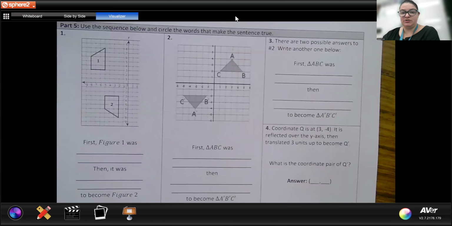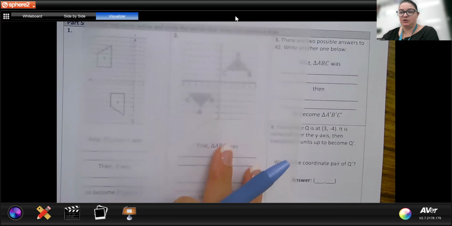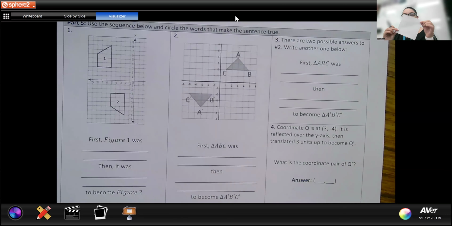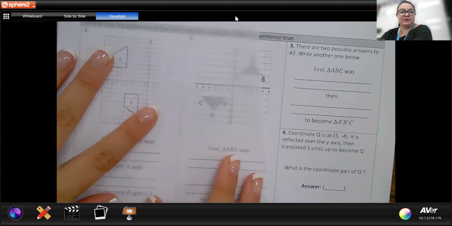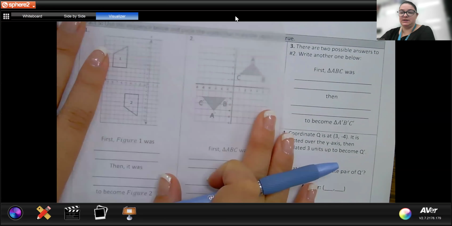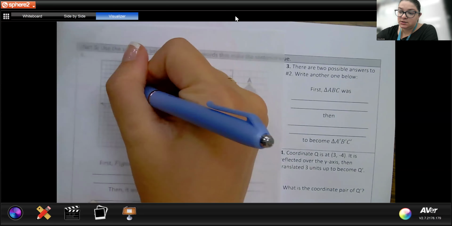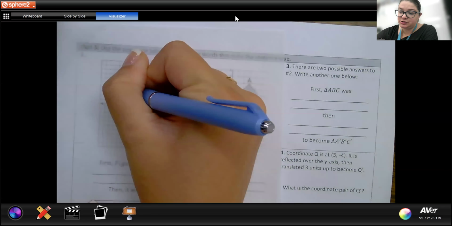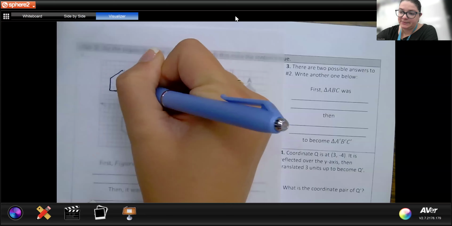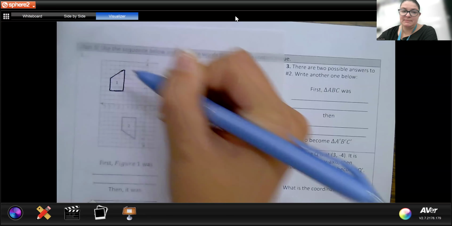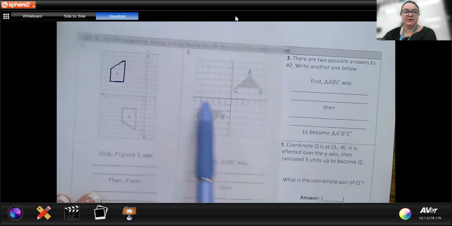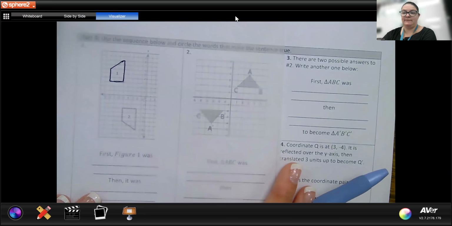So one of the things that I use with sequences of transformations is this thing called patty paper. It just looks like a piece of parchment paper. It's also called deli paper because this is what they wrap your sandwiches in. But it is kind of see-through, and so that's why we use this. What I like to do with this is trace my original shape on top of the patty paper, and then I move the patty paper around to see how I can fit it on top of the